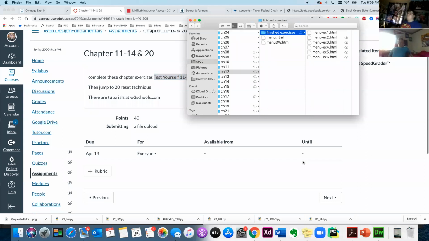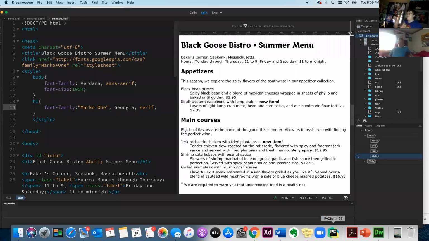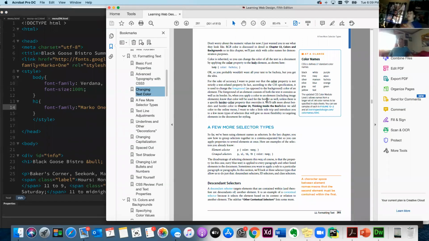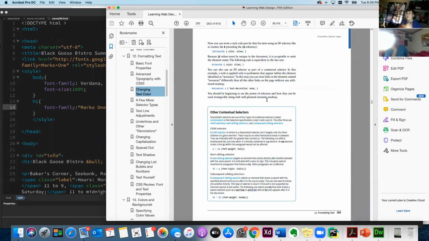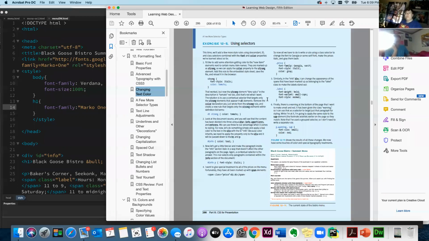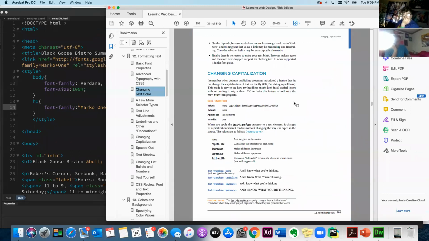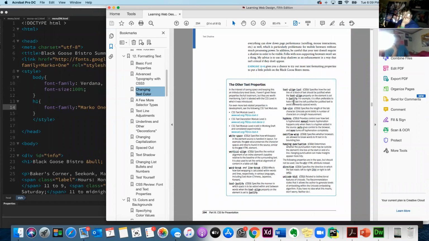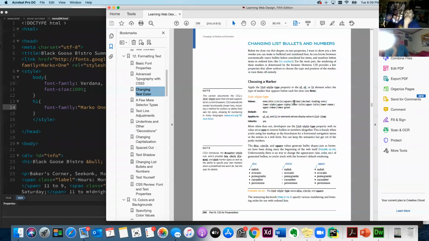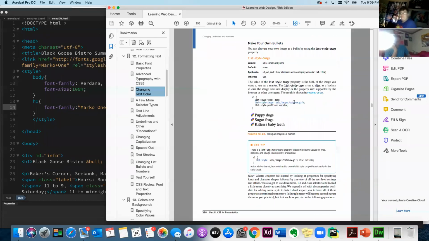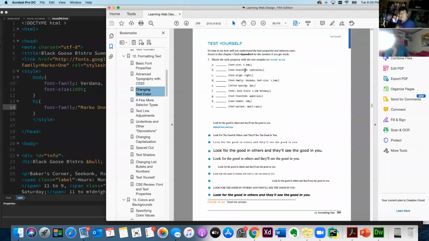There are the test yourselves, the little individual tests after each chapter, and then there's a test yourself at the very end, too. Every test yourself you do, like this one, says exercise. Oh, I see what you're saying. There's a test yourself at the very end. Okay, let me look. Yeah, I think that's all. The one at the very end is the one you have to test yourself on. That's why you were asking Shy if it could be all in one